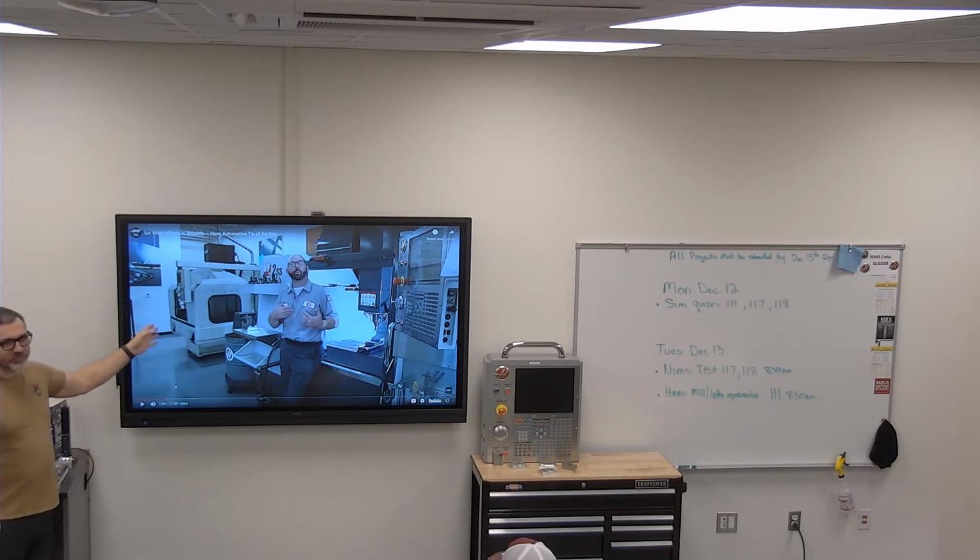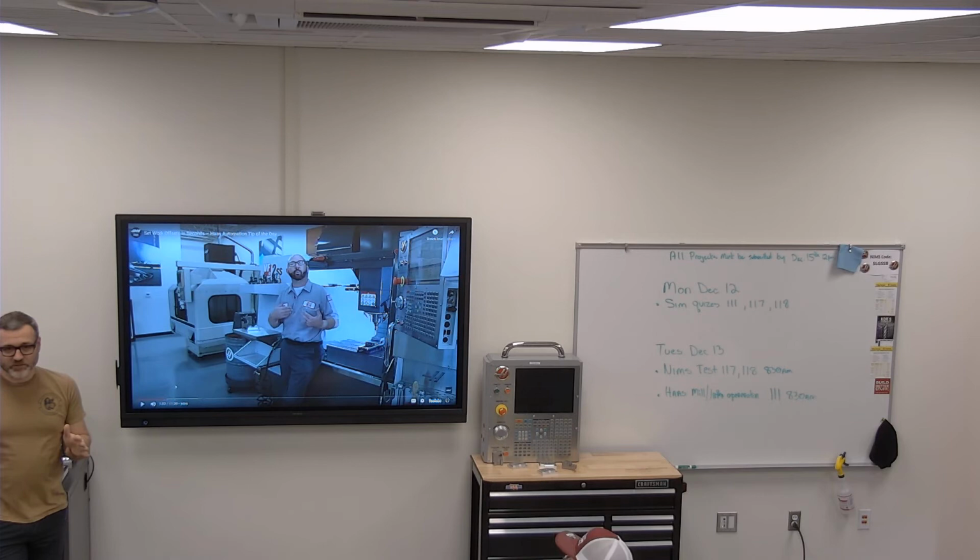So they call this one the Plastic Fantastic, just because the whole framework on it's plastic. You see these still in use today. Austin sends me pictures of them every once in a while. I mean, he doesn't work for Haas anymore, but he sends me pictures like, check it out, here's another one of these VF1s out there. But it's really cool that Haas is really the only US-based CNC manufacturer in the world. And I'm not trying to do a commercial for them. You buy whatever you want. But